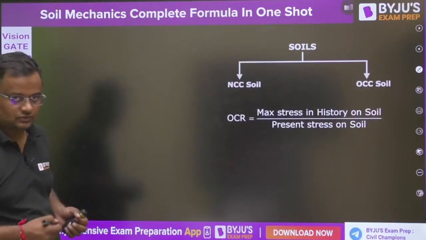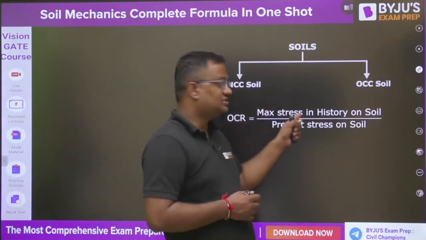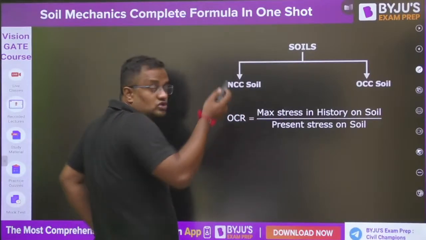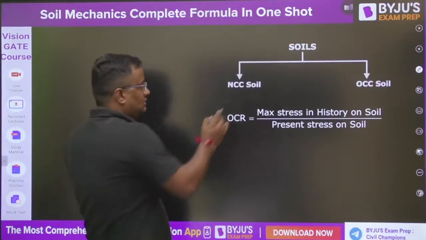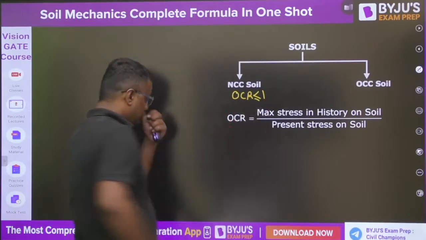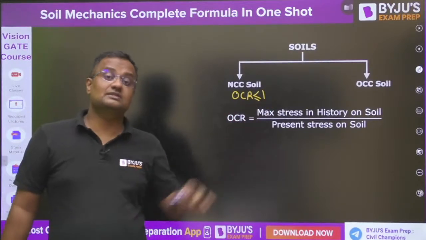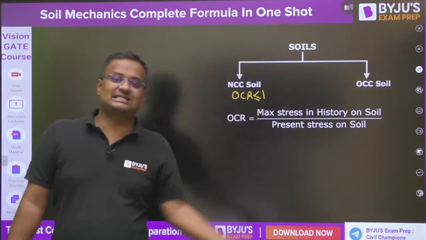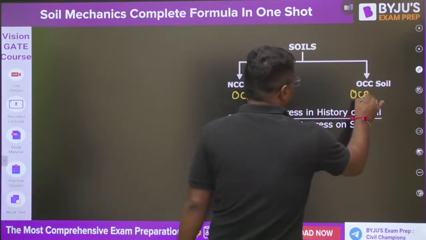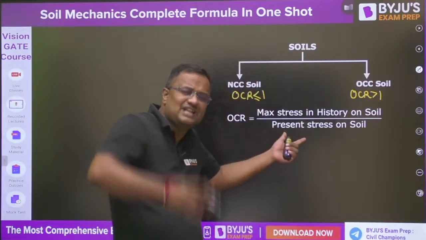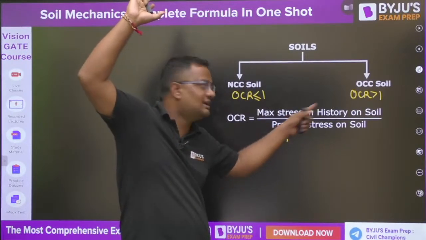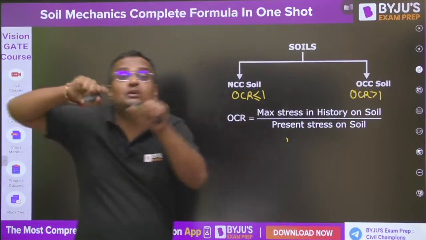Okay. Now there is a term, overconsolidation ratio, OCR value, that is maximum stress in history upon the present stress on the soil. NC soils are those soils where today's stress is the maximum stress. So the numerator is the maximum, and OCR is equal to 1. NC soil means that today's stress, whatever is coming today, is the maximum. And OC soil means today's stress is very less. In the past, much more had been applied, today's is very small, the numerator is larger, so OCR is greater than 1. Guys, of course the settlement of NC soil will be more.